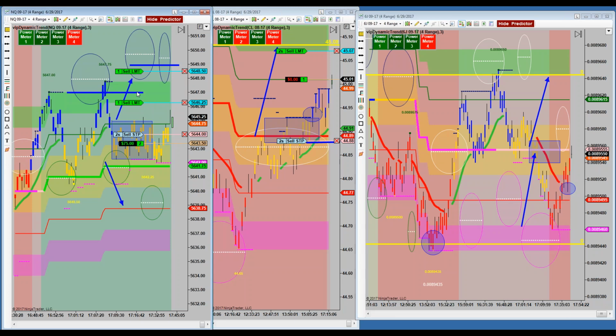If you had cast your vote for position 1, we would actually be out of 1 lot right now, right here. Remember, that was the peel 1 here, so we would be out of 1. You would have banked a little bit of scalper coin on that one. You'd only have a 1 lot left.